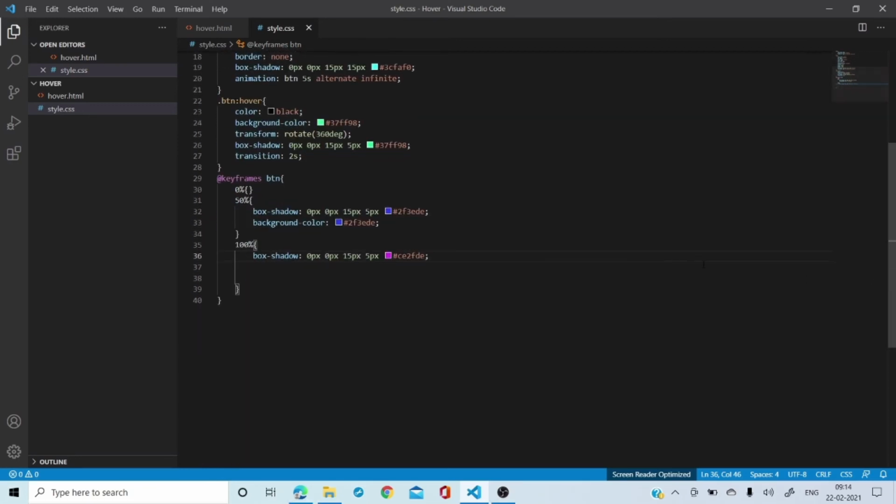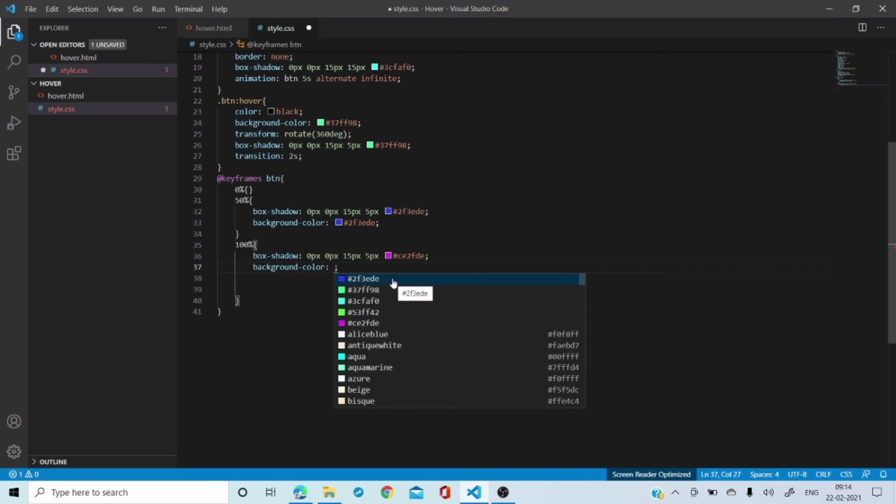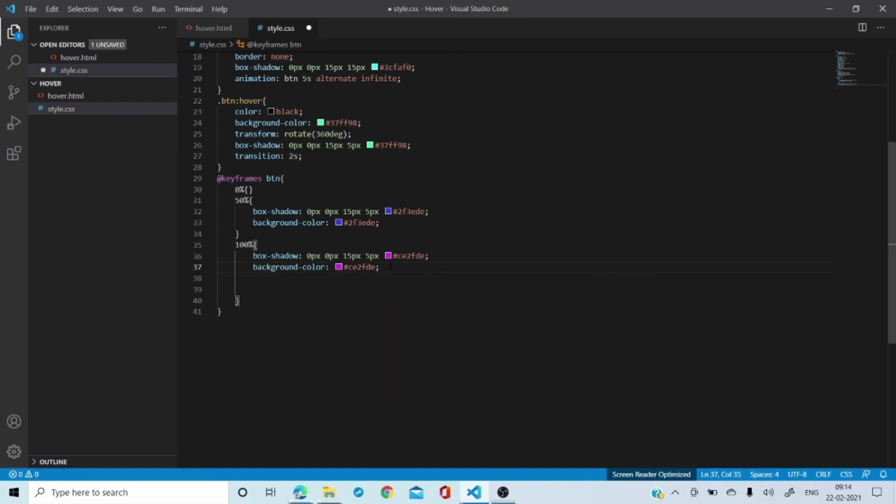Now I have put this box shadow color. The next thing I'm going to do is put the background color, and the background color is the same only. Okay, Control S. So this is my 100% part, and this is my overall curly bracket for button hover.